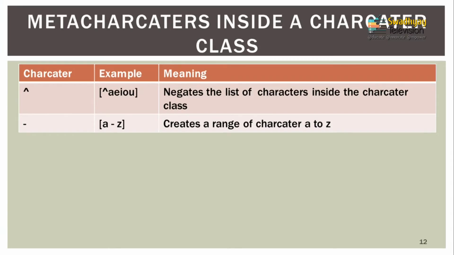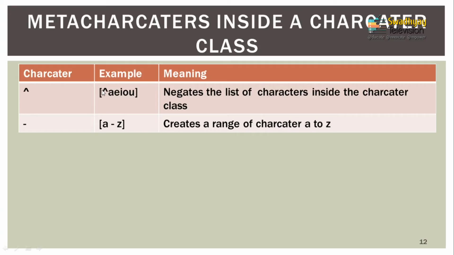Now the special characters that we are using inside it are known as meta characters, and a meta character inside a character class has a special meaning. For example, this symbol is known as the caret symbol, which is on your keyboard at the number 6. When you press shift and 6, the upper caret symbol is used. For example, within square brackets if I write caret AEIOU, that means it will check any character which is not A, E, I, O or U, means any character except AEIOU, but within the square brackets.